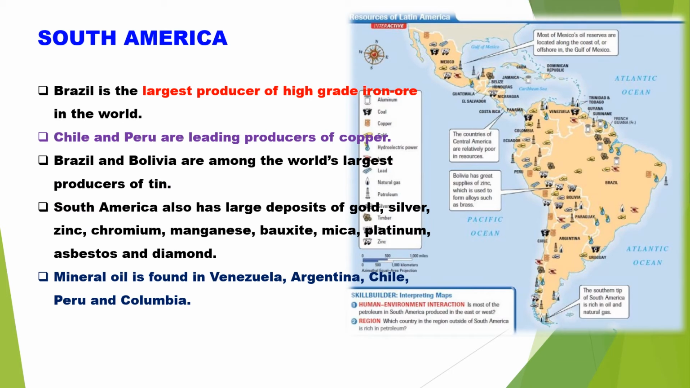And when you come to South America, it is one of the continents which has very good mineral resources of chromium, manganese, and bauxite. In South America, Brazil is the country which produces a high grade of iron ore in the world, whereas Chile and Peru are the leading producers of copper. As China and Asia produce more tin in this world, in this continent Brazil and Bolivia also produce a large amount of tin,